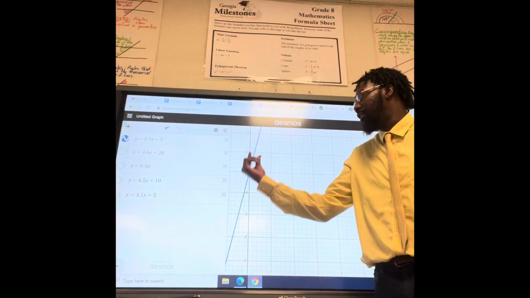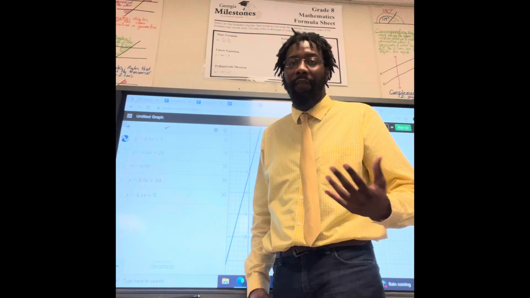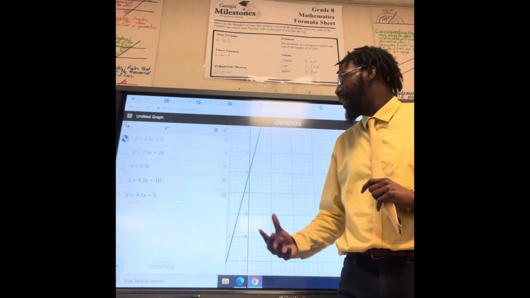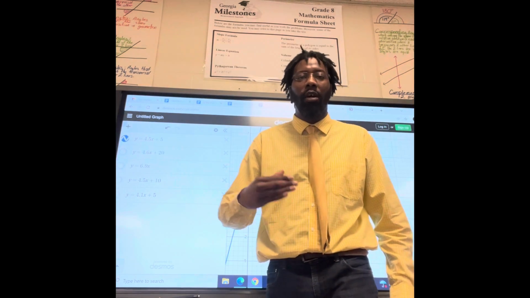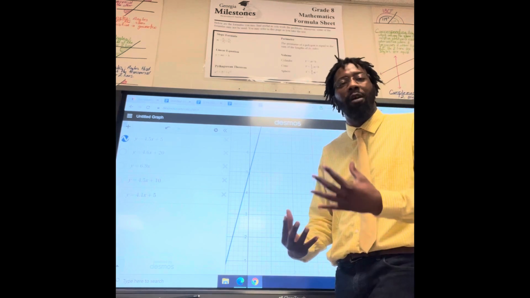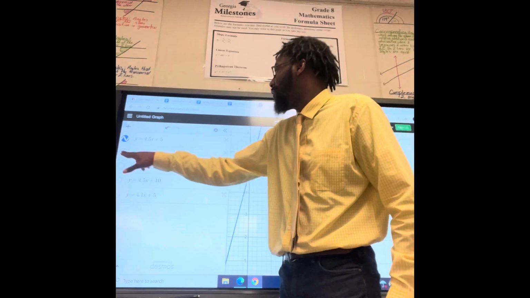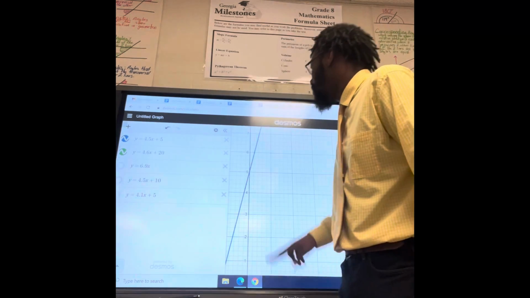Well, they both cross at 5 on your y-axis, or the y-intercept is 5. So, okay, if the y-intercept is 5, let's think back to the activity. How many hops did you start ahead? Well, I started 5 hops ahead. Then we started talking about initial value, starting point, and it made it so much easier when I was able to make that connection. And we did that for every group, and we did it one at a time,